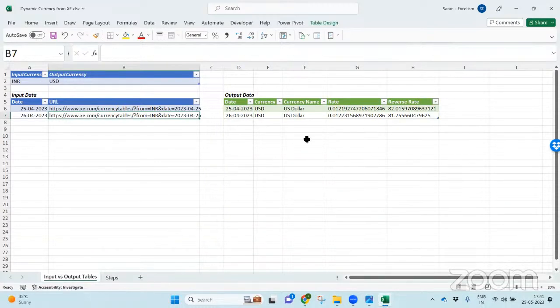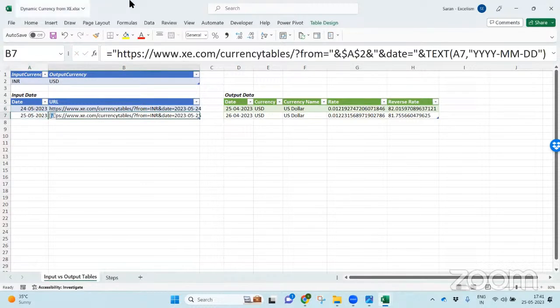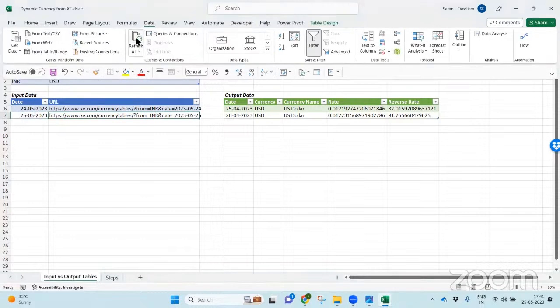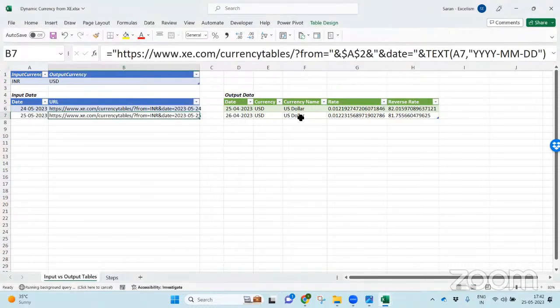Absolutely, it's working. Check it out. Now I'm going to take today minus 1, so that this is yesterday's and today's currency. I'll just go and refresh. It will not take much time now because it has already taken the cached data, so it will be very quick for you.